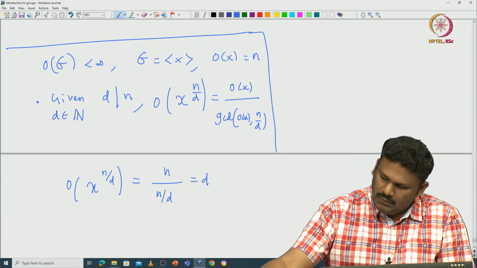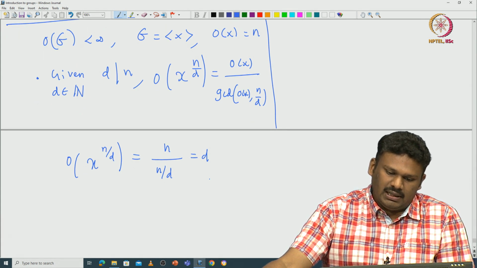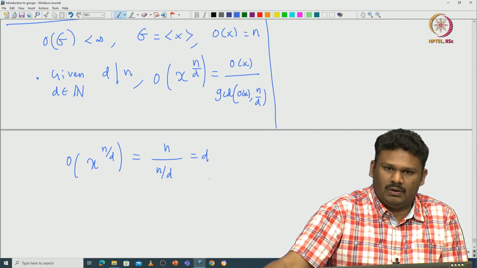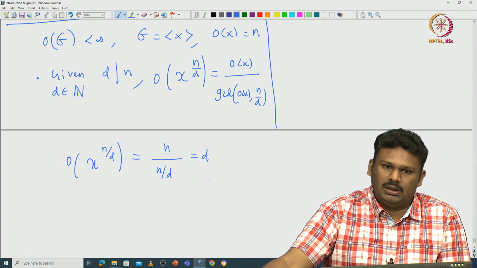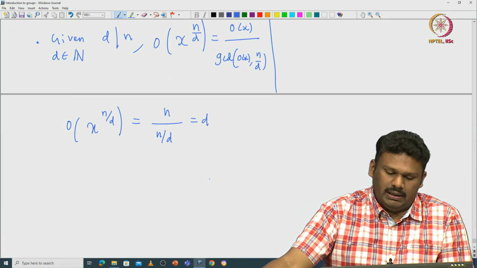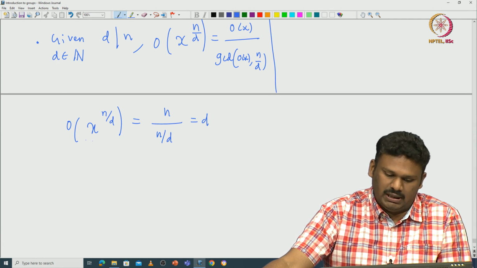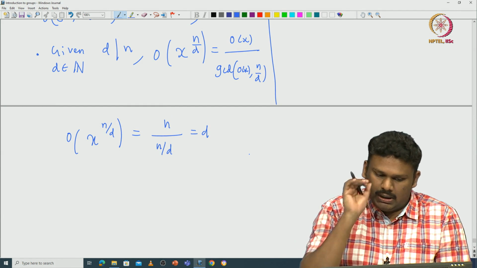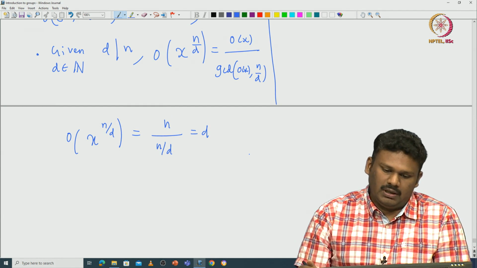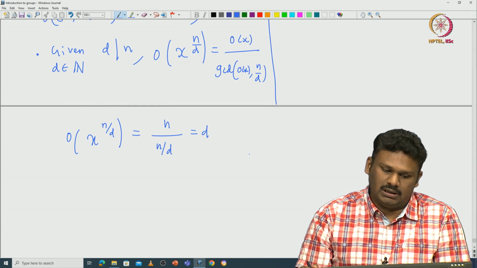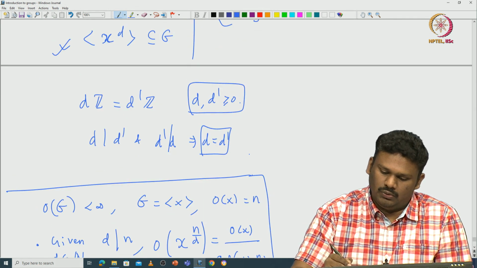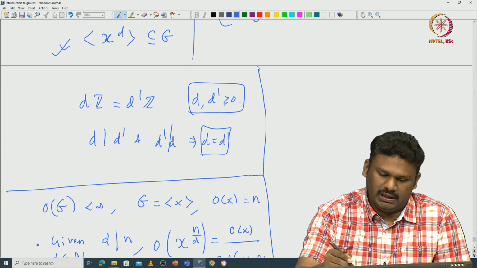Okay. So, now we will claim that this subgroup must be unique. There exists a unique subgroup of order D, and the uniqueness will come from the fact that it is actually generated by x power n by D. Conversely, we will also say that these are all the only subgroups. Okay. So, what we proved here, let me just state it.